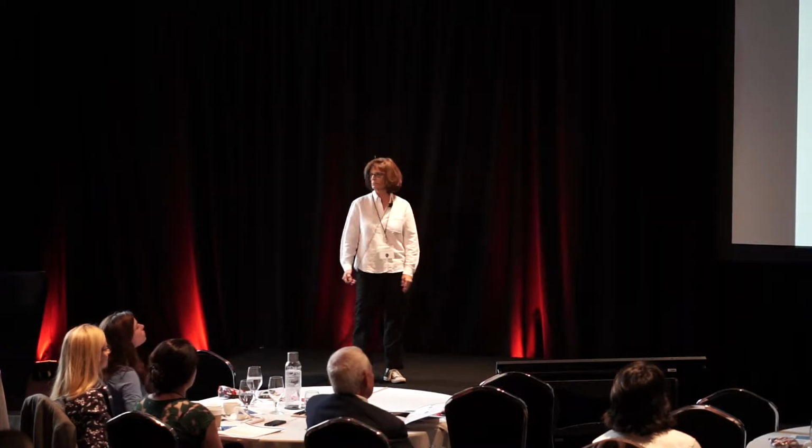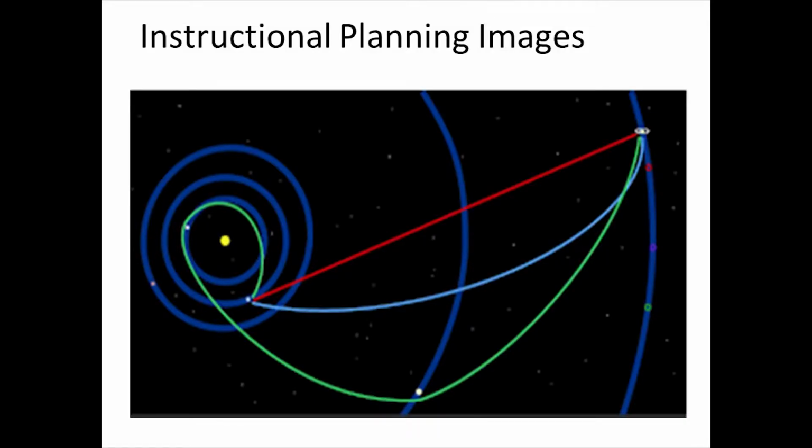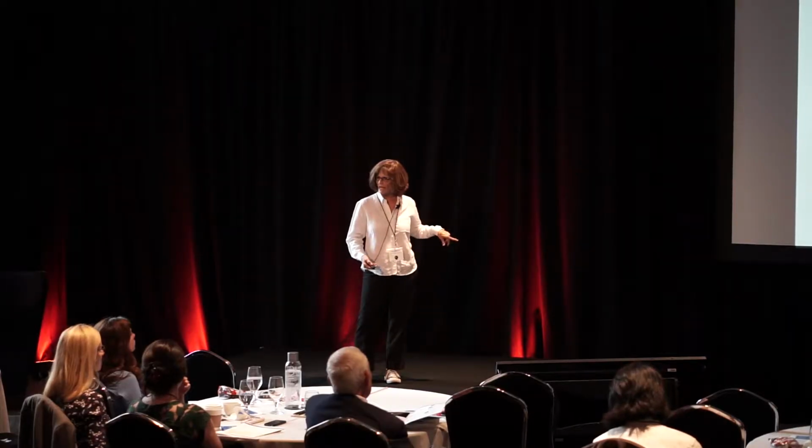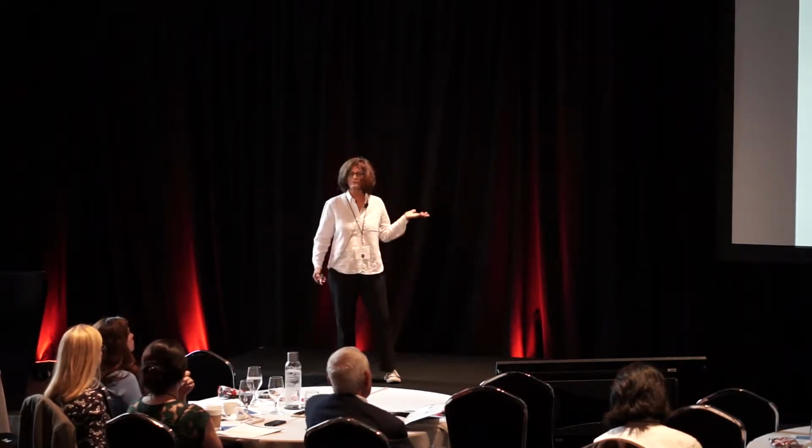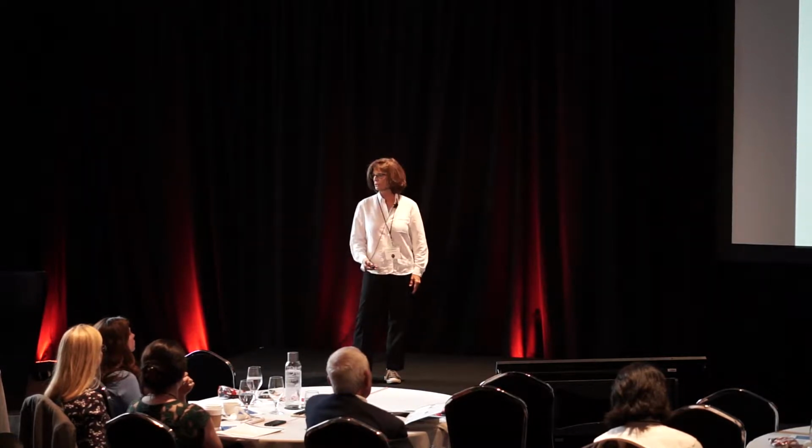In terms of my instructional planning images, this is a major one for me. It's really a trajectory. I'm trying to get someplace, but it's not always a straight line. What I discovered about my teaching is that I went on tangents a lot, but when I went on tangents, everyone stopped what they were doing, started paying attention, and was engaged. So I thought, well, that's information to me. Actually, these tangents might be something that I incorporate into my teaching. As long as I ultimately get back to where I want to get, it doesn't matter if it's an elliptical, if I take a few spins around, or if I go there much more directly.